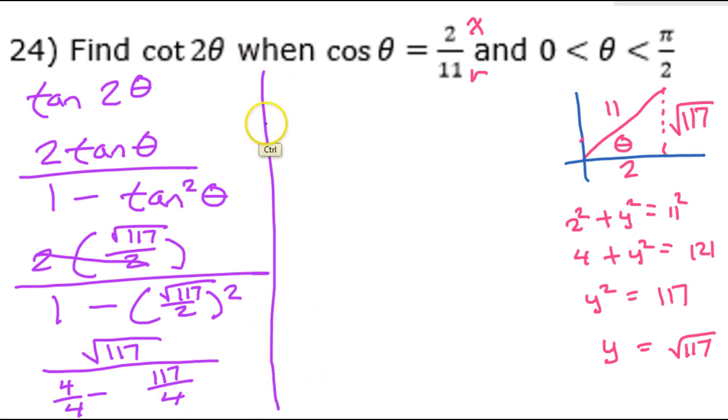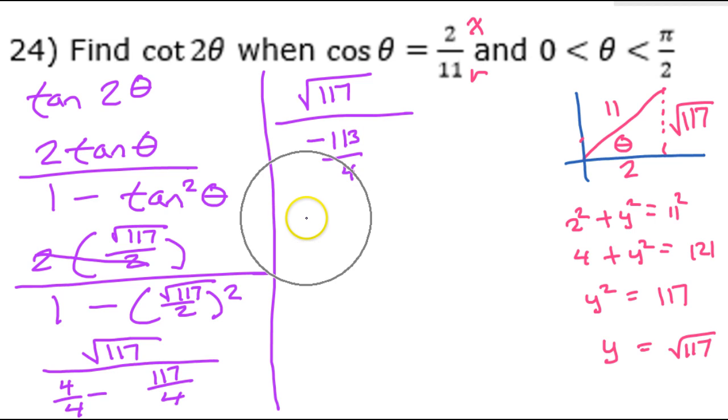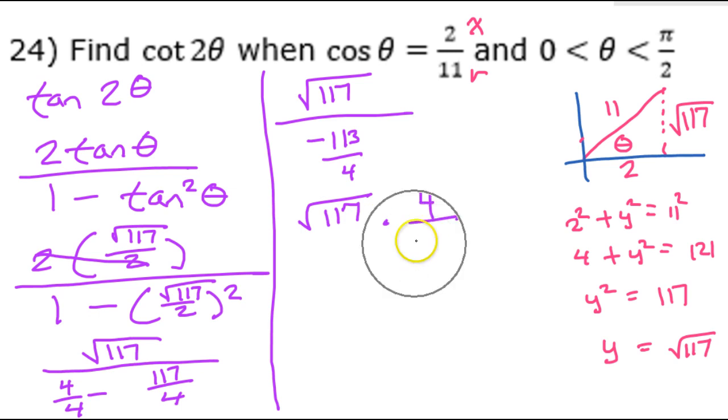Okay, starting a new column. So look at that numerator, that is radical 117. Now in this denominator, I have 4 minus 117, so that's going to be negative 113 over 4. And then you multiply by the reciprocal, so that's going to be radical 117 times 4 over